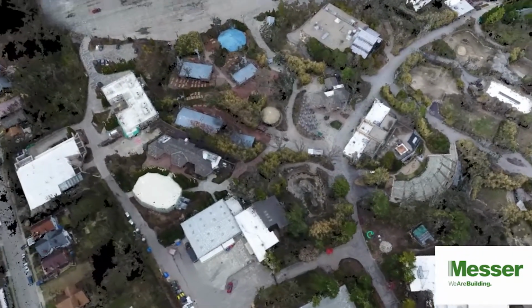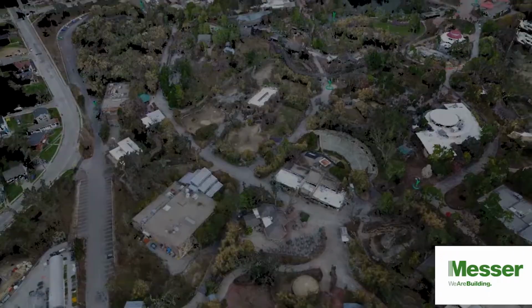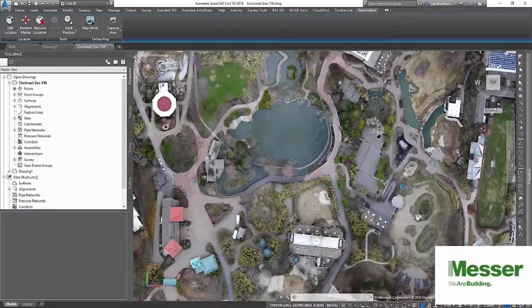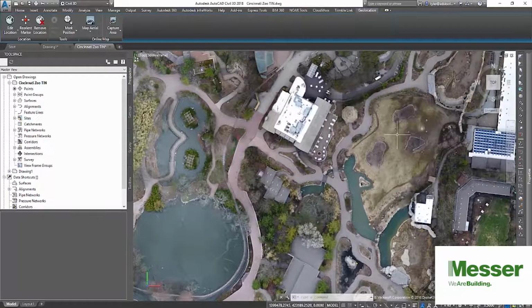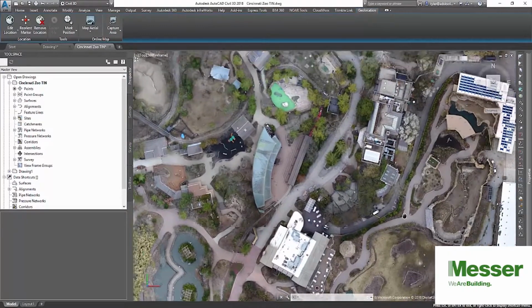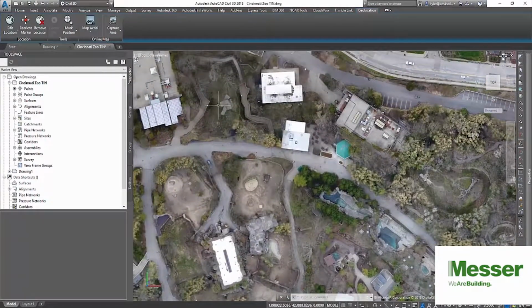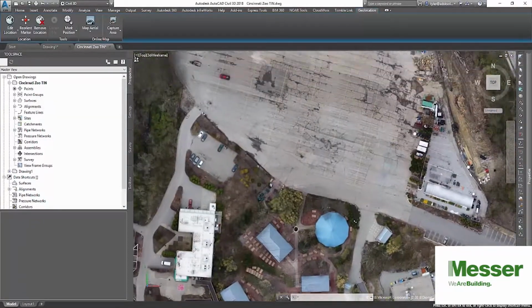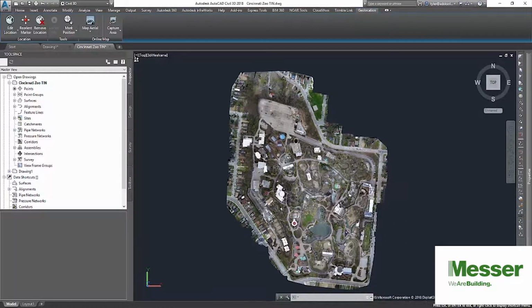From there, we took the data from the point cloud and brought it into Civil 3D, which is what you see here. So we can start to refine that information and start to really put some meaning to the points. So this is going to show putting some line work to those, and then we'll get into some further examples of that. But we can take the line work and add things like topography that we can extract from it,